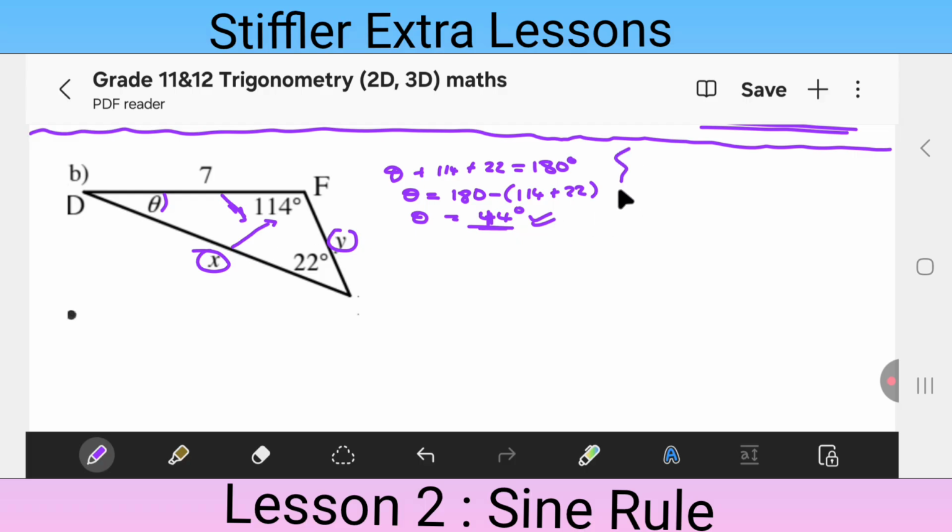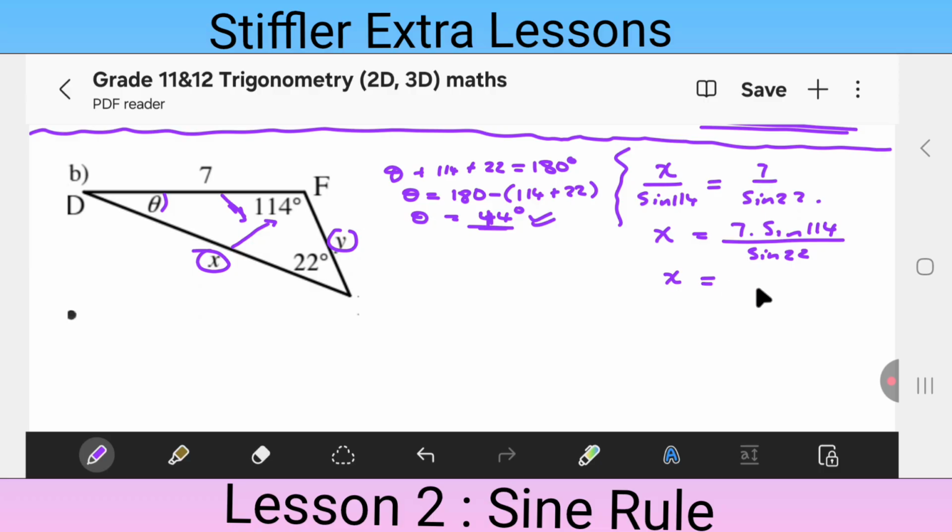So it means that we can say that our x over sine 114 is equivalent to our 7 over the sine of 22, which makes our x being equivalent to 7 multiplied by sine of 114 all over sine of 22, which our x now becomes 17.07